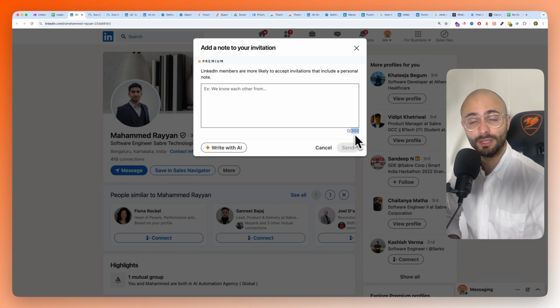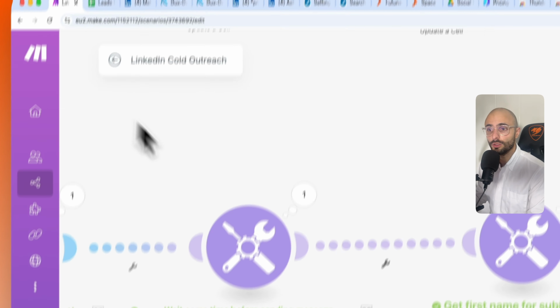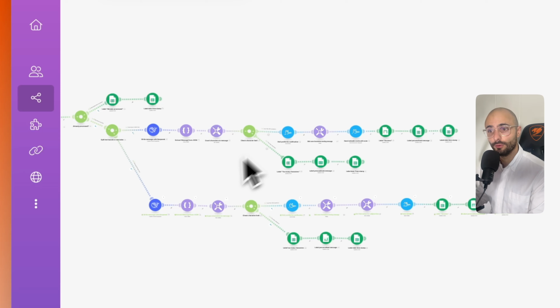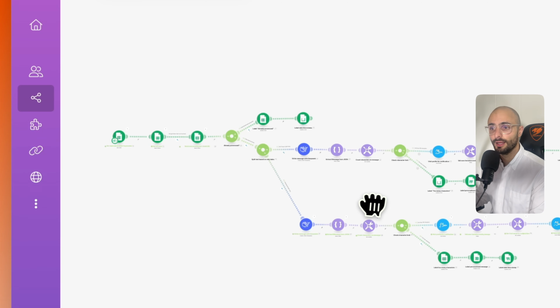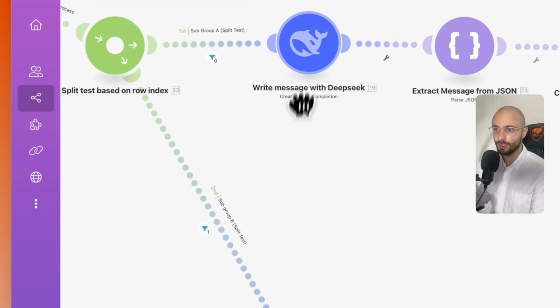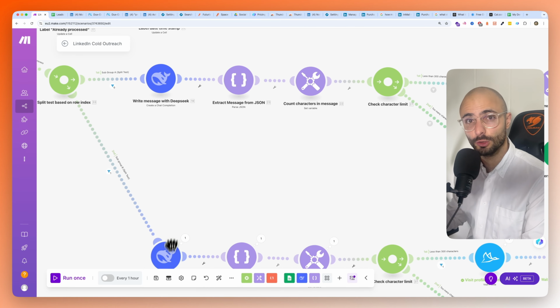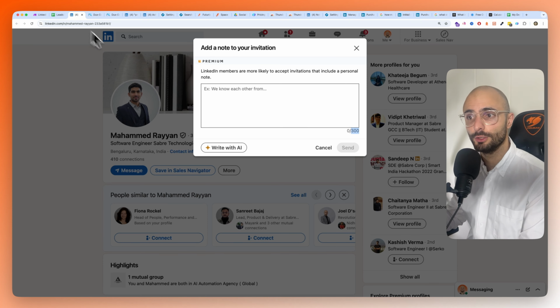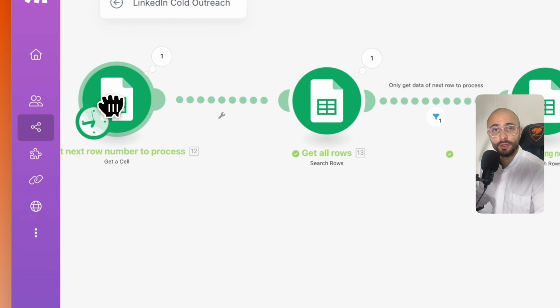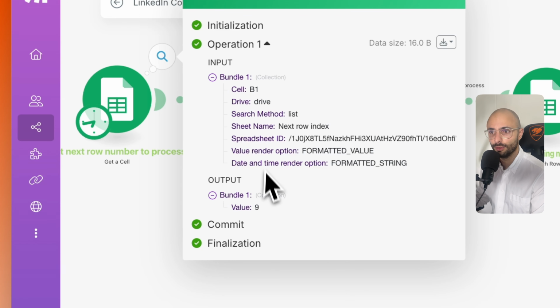I haven't done any A/B tests with that, but I definitely will A/B test that to compare if longer or shorter messages are better. There's a whole bunch of split tests you can do. You can also split test the actual prompts. But yeah, I do recommend that you get the paid version just so that you can use this 300 character limit. So now that we have the next row to process, if we come see the outputs, in this case,